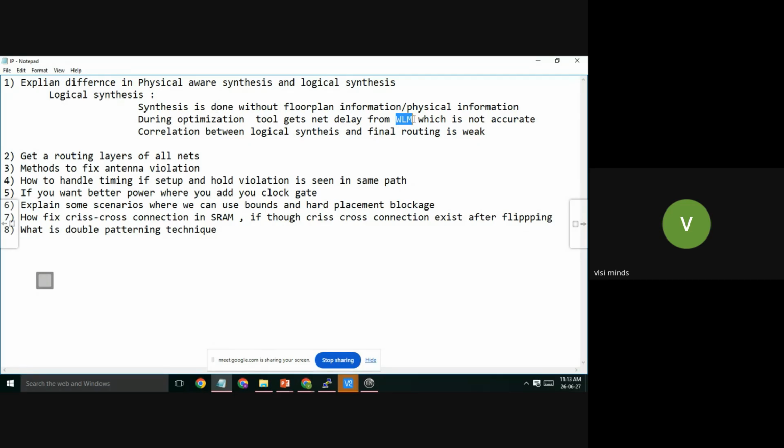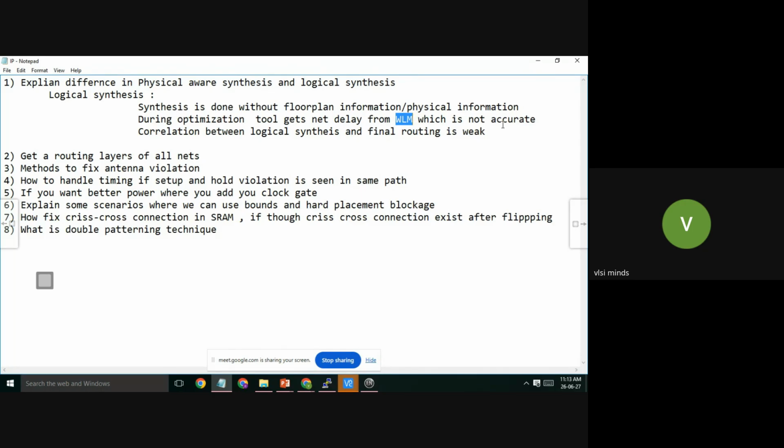So logic synthesis was good for higher technology, because there net delay was not important. Net delay was very small compared to cell delay. But when we go to lower technologies, net delay is almost equivalent to cell delay, so we cannot ignore it.